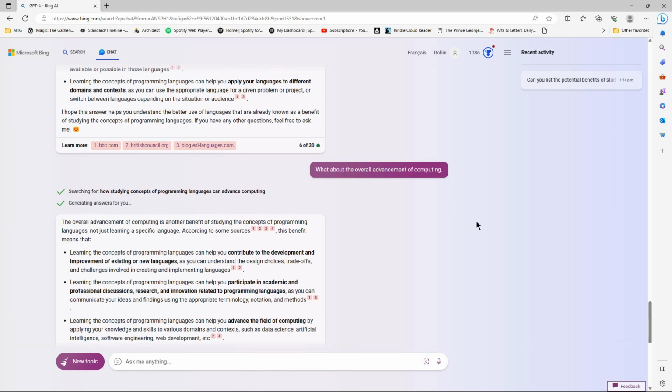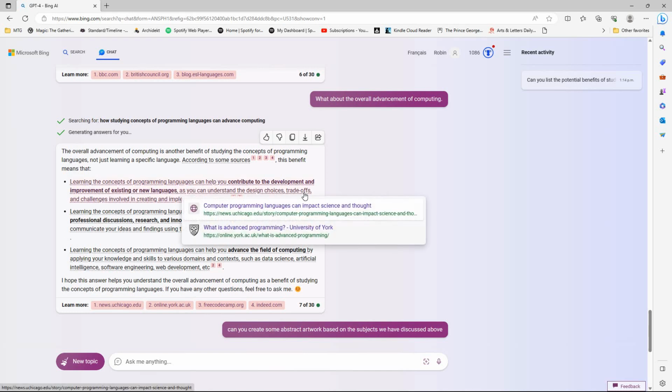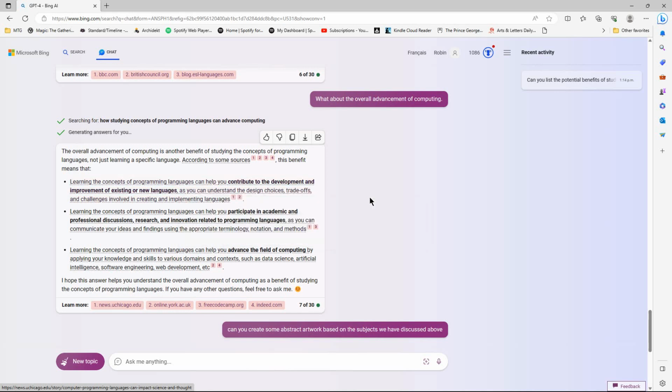What about the overall advancement of computing? Okay, can help you contribute to the development and improvement of existing or new languages, as you can understand the design choices, trade-offs and challenges involved in creating and implementing languages. Learning concepts of programming can help you participate in academic and professional discussions, research and innovation relating to programming languages. Advance the field of computing by applying your knowledge and skills to various domains and contexts such as data science, artificial intelligence, software engineering, web development. Yeah, because I suppose